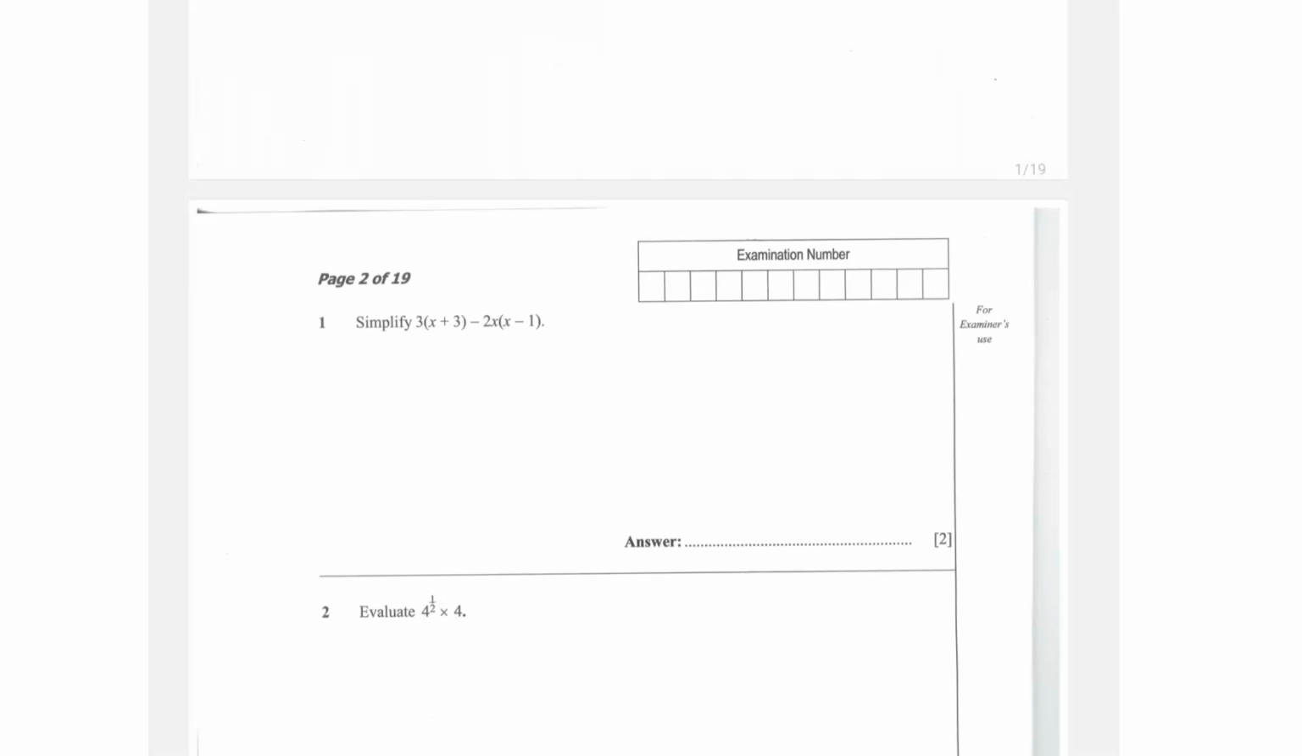In this question, we first have to expand what we have in the brackets by multiplying by what you have outside the bracket. So the 3 will be multiplied with everything in the brackets here. When 3 multiplies with x, you have 3x. When 3 multiplies with 3, you have 9. And when negative 2x multiplies with x, what you have is negative 2x squared. And then the negative 2x, when it multiplies with negative 1, what you have is plus